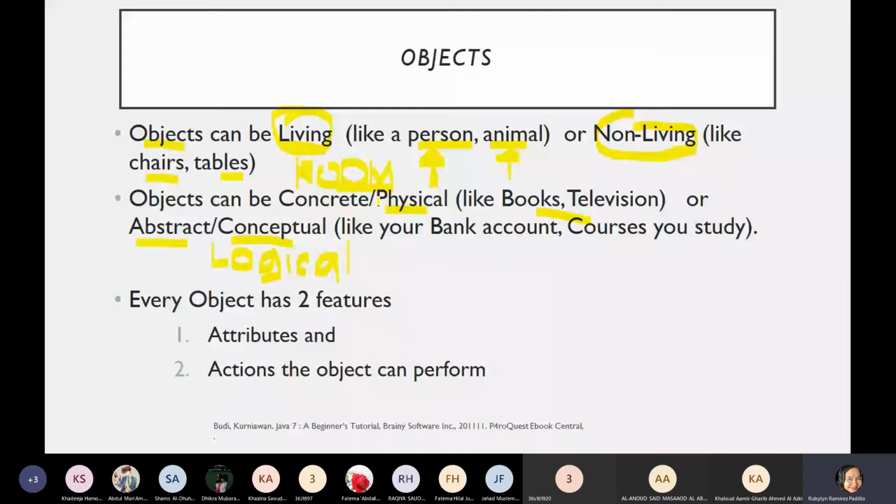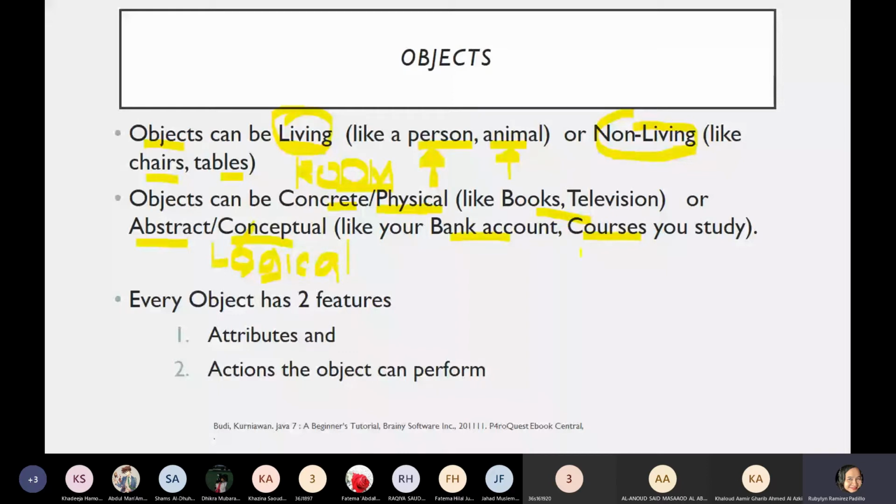Or objects can also be logical or conceptual. What are examples of logical and conceptual? Account number, bank account number. The courses. Can you touch your courses? No, of course not. Courses are examples of logical or